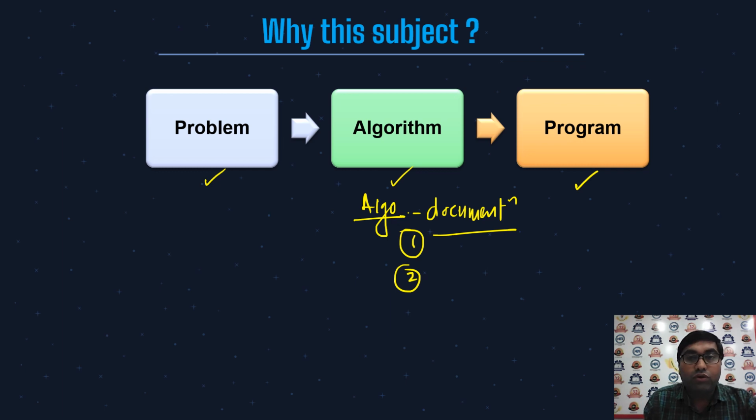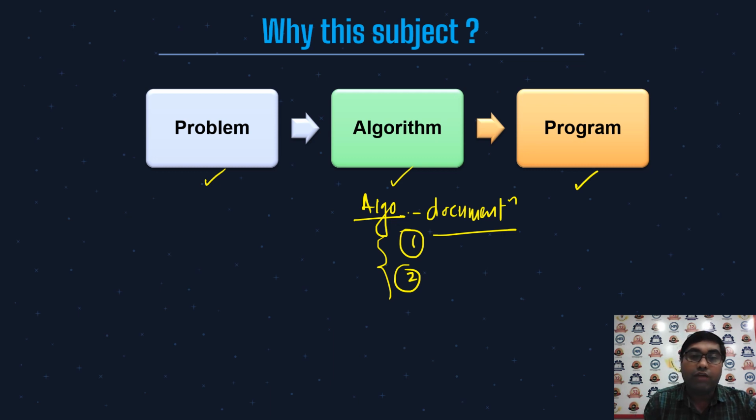So if you want to do this, the very first step is that you have to be aware of how algorithms are developed. This is the first thing. Therefore, you must know how an algorithm can be designed. Therefore, we have to study various algorithm design techniques, which we have to study under this subject. Second thing, once I have any algorithm, after that I have to check the efficiency of that particular